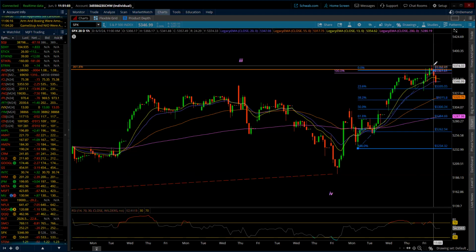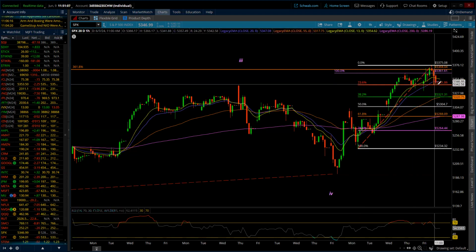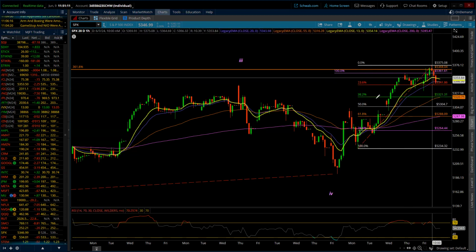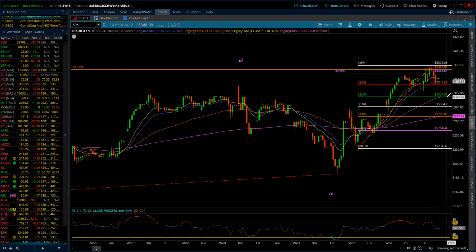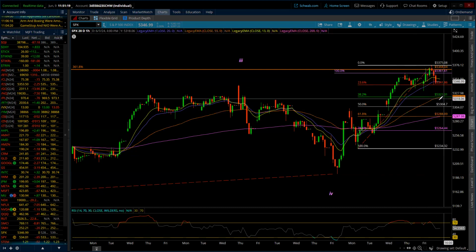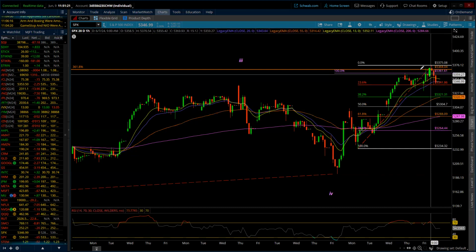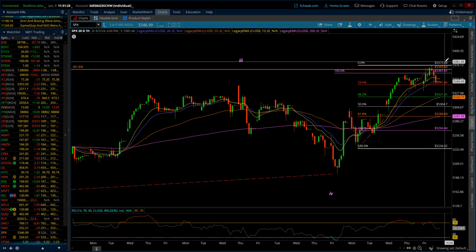And we're just going to run some fibs quickly. So we can see 0.236 is 53.42. And then we have the most common, which would be 0.382, and that's at 53.21. And then right below that is the hourly 50 moving average. So can we expect some additional downside and then still a rally up?